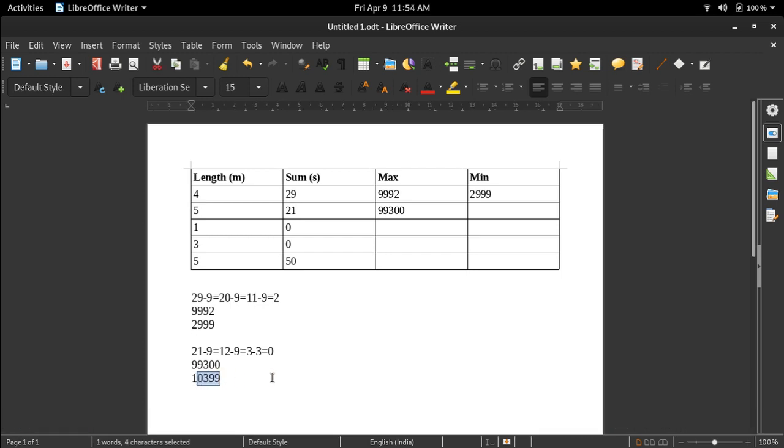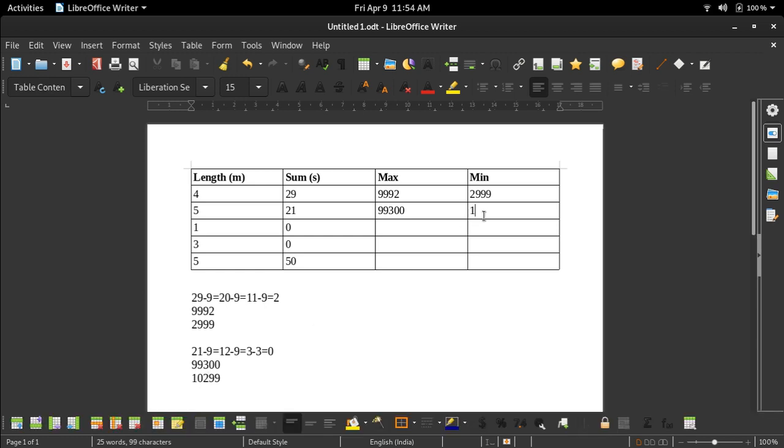We cannot remove 1 from 0, but we can remove 1 from 3. So 3 minus 1 is equal to 2. So 10299 is the minimum number possible, with length 5 and sum of digits 21. So this is how we can approach this problem.